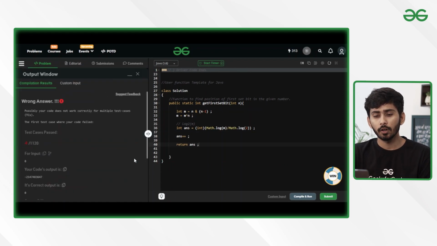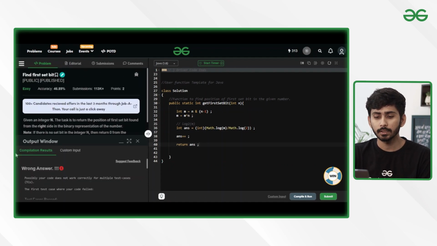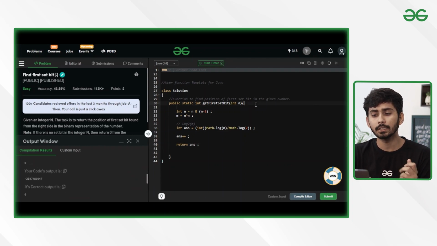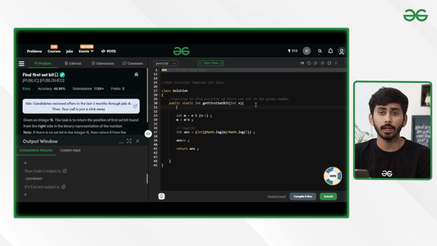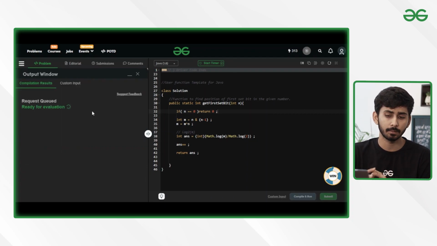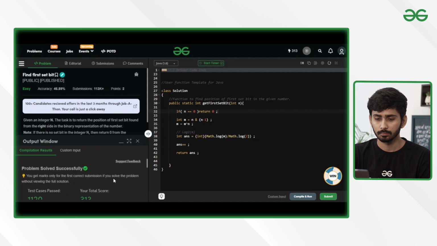So over here, we are getting wrong answer because we did not handle the case when n is equal to 0. So in this scenario, when n is equal to 0, we are getting some random output, right? So what you need to do, if n is equal to 0, then that means it will not contain any kind of set bit, right? So in that case, you can handle it separately, that when n is equal to 0, just simply return the value of 0. Basically, there is no set bit present. So now if we try to submit, the solution will get completely accepted. So this was one of the test case that can be said as corner test case. And we can see that the problem has been successfully submitted.